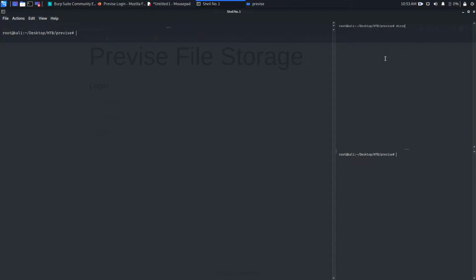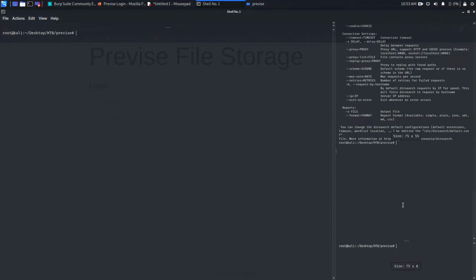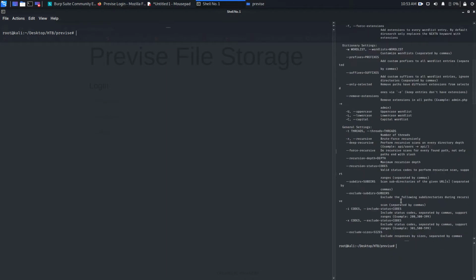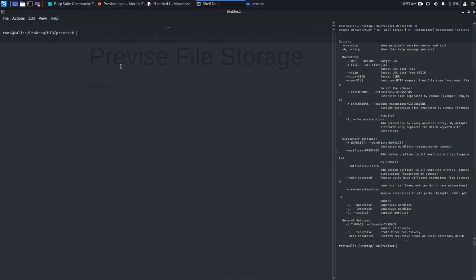So dirsearch -h. Here we will see all the switches, and dirsearch is a pretty good tool. You should try that also. So dirsearch -w for the wordlist, and the wordlist I'm going to use is in /usr/share/dirsearch, and this dictionary file comes with dirsearch. Once you install dirsearch, you will find it in the db folder, dicc.txt. Then -u for the target URL,